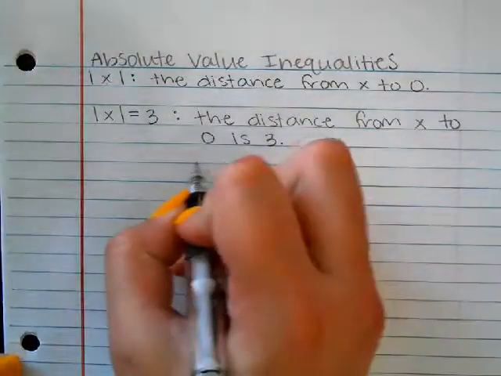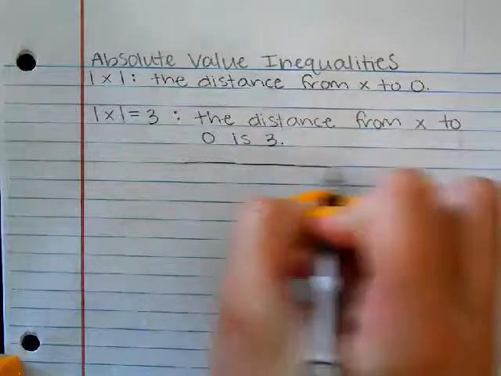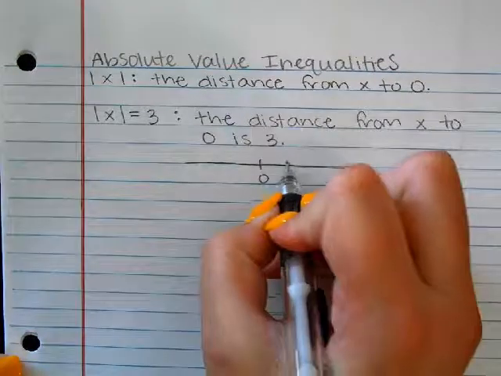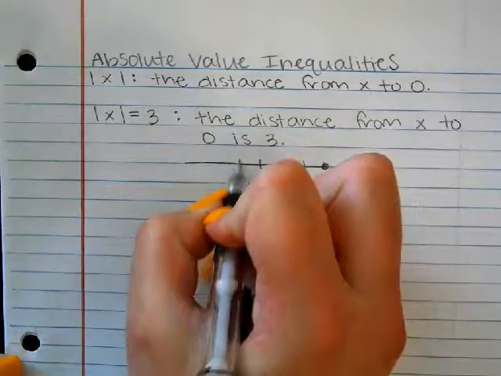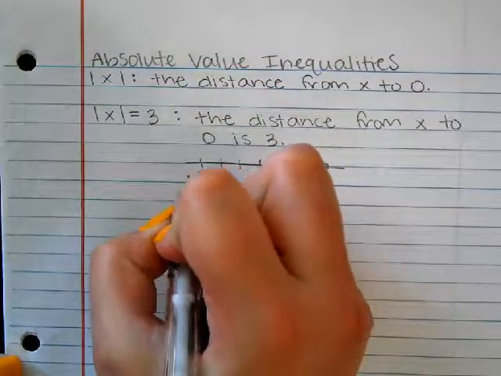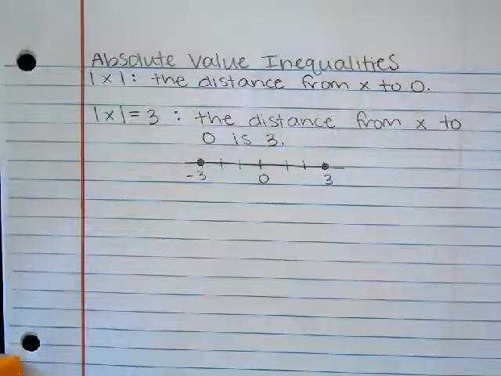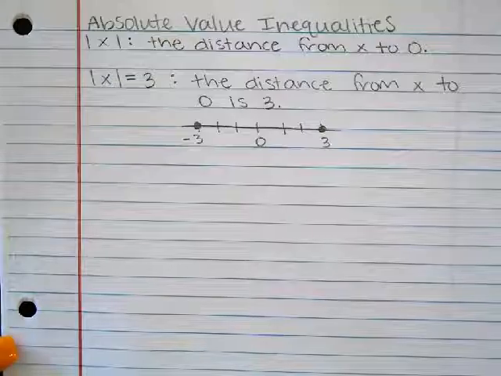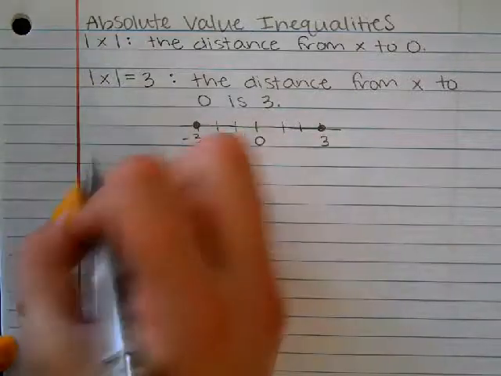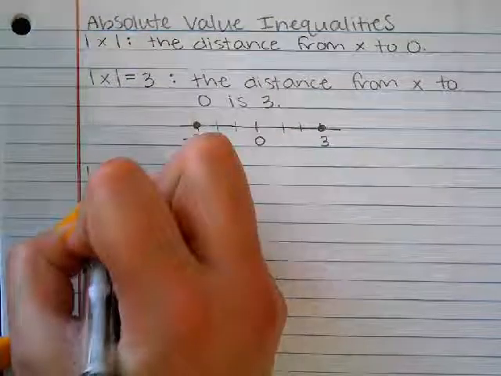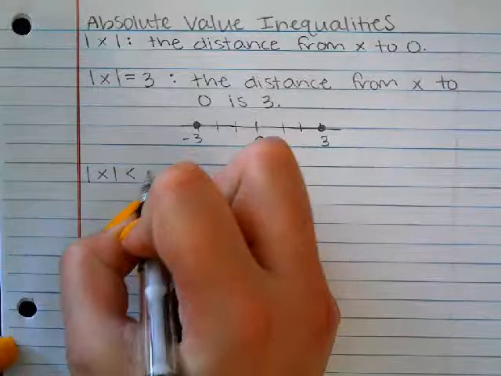We can draw a little number line for this. This could be helpful. So here's 0, and we got 1, 2, 3. Negative 1, 2, 3. Two specific answers, that's it. Okay, now we're going to look at the inequalities, because this is when things start to get a little bit